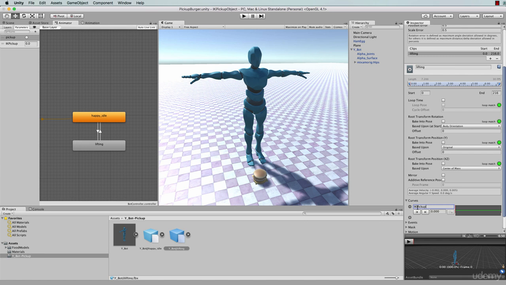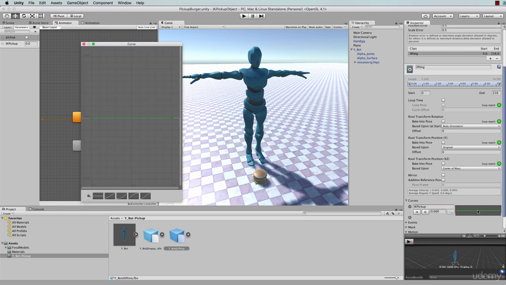So we want this value of IKPickup to change between 0 and 1 and back to 0 again. We want it to oscillate during that animation so that it has no influence at the beginning. In the middle of the animation, when the bot's fully bent over picking up the burger, it's going to be a 1, so it's actually right on that burger. And then when we come up to a standing position from picking up, we want it to be back to 0. So we can add a curve, and to do that, just click on this little graph here,